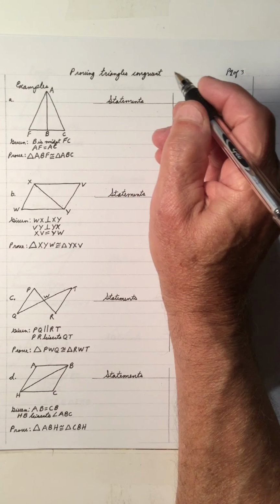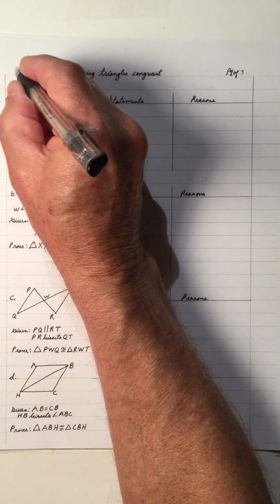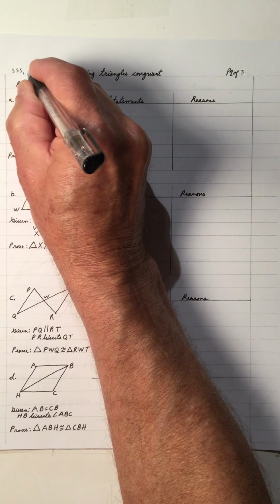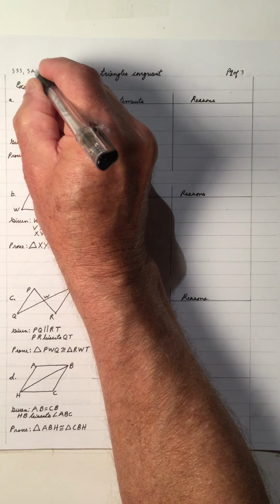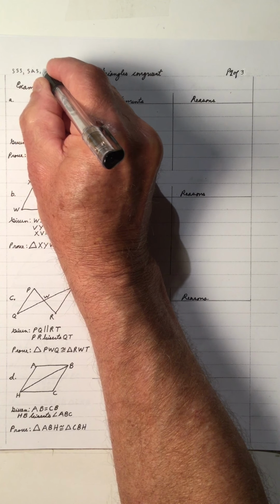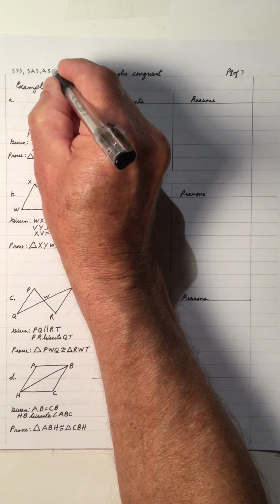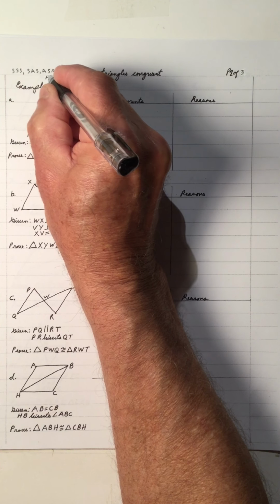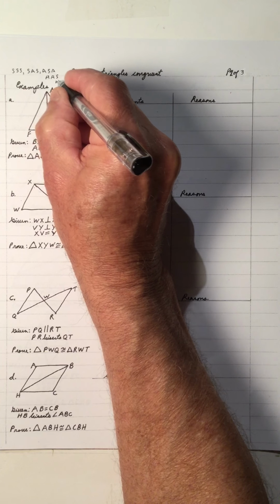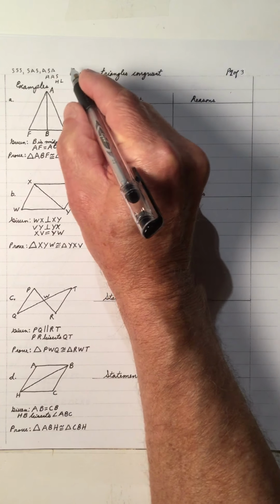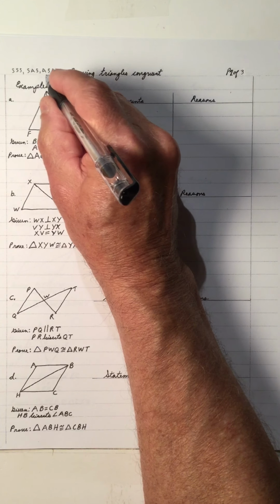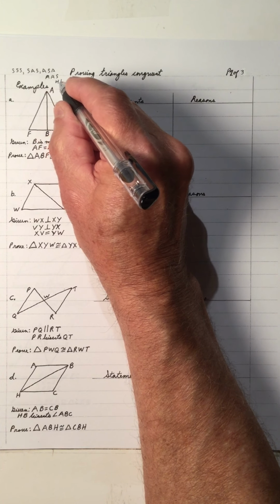Proving triangles congruent. And recall that we can prove triangles congruent by SSS congruency, SAS congruency, ASA, AAS, and also HL. So notice the S stands for sides, the A stands for angle, and in this one here, hypotenuse leg of